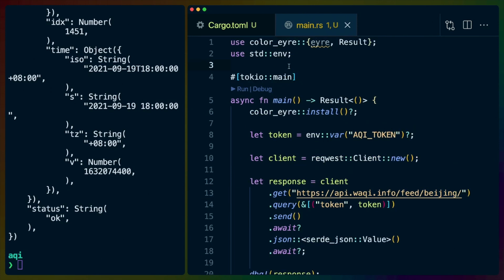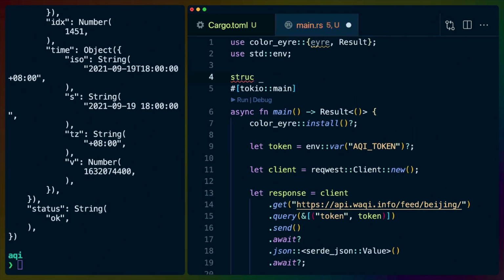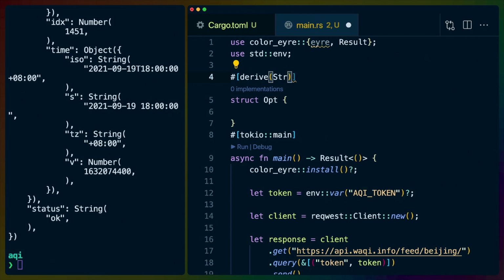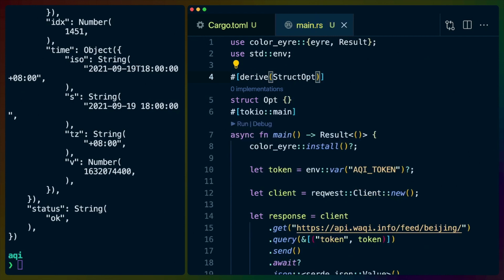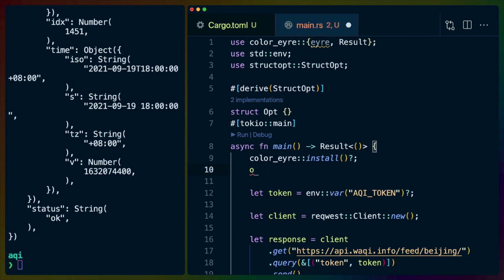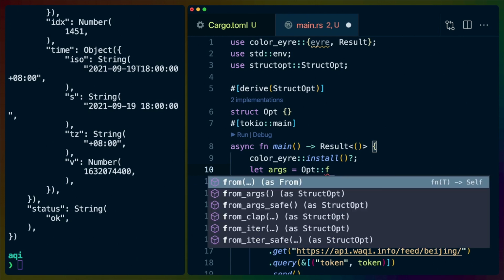So let's get that in here, I think. So StructOpt, well, yeah, opt is usually what this is called. We're going to derive StructOpt, which I believe we're going to have to actually import. Use StructOpt. Okay, so now we have StructOpt here. We will have to do let args equal Opt, capital O, Opt from